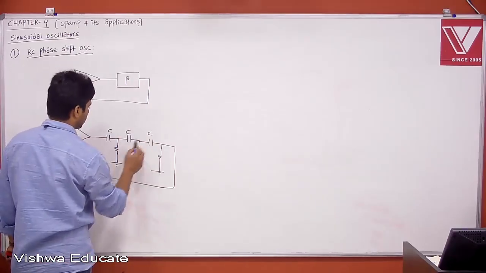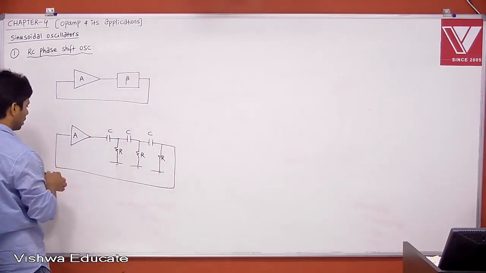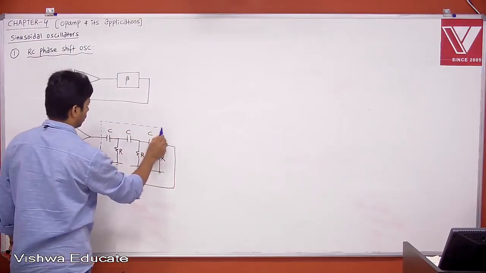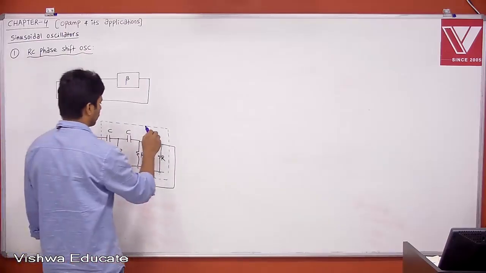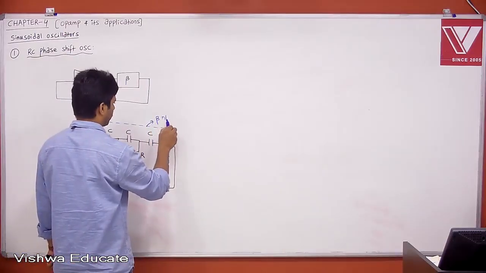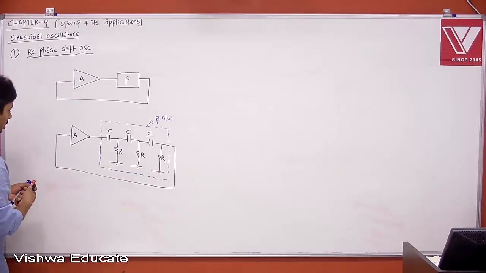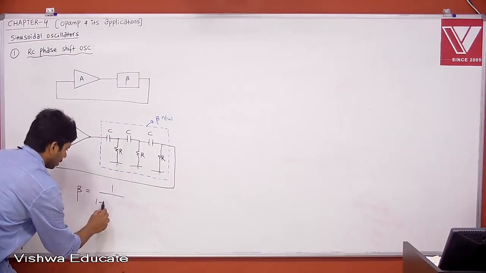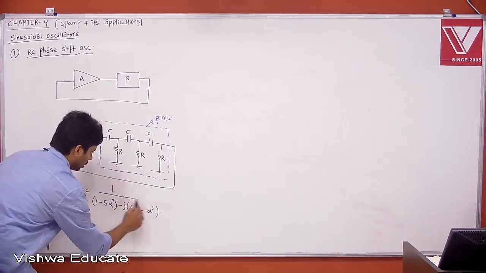This is the beta network. Now, the beta network is replaced by 3 RC networks, right? And we know what beta is. Therefore, beta is equal to 1 minus 5 alpha square minus j into 6 alpha minus alpha cube,